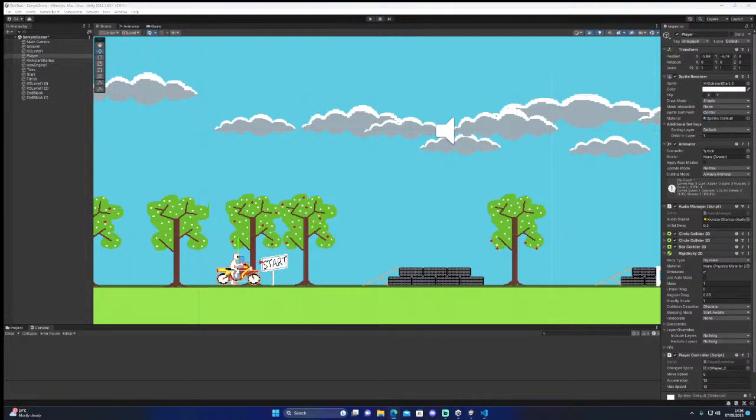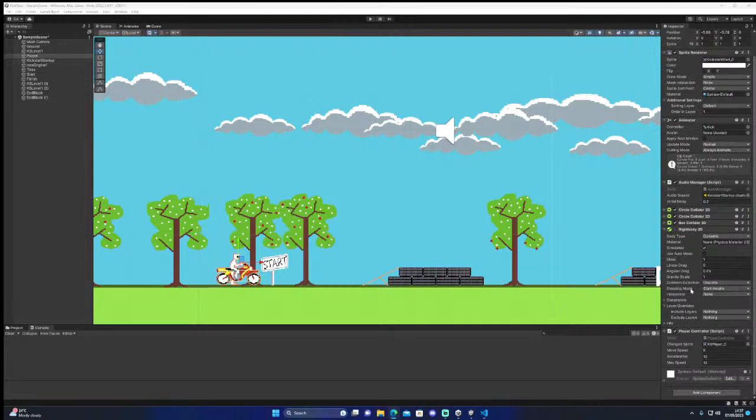What it's doing is calculating the change. Add force. Acceleration 10.